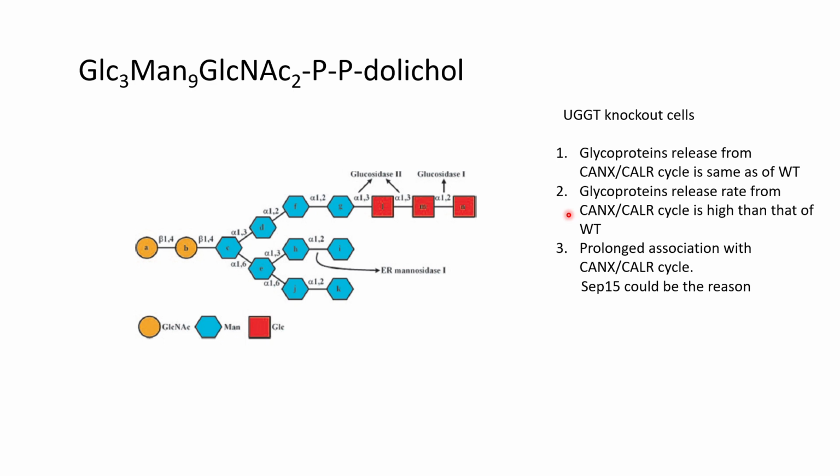However, UGGT is not present in UGGT knockout cells, so they will not be able to be retransferred to the calnexin and calreticulin cycle. So this kind of glycoprotein will pass after the first cycle, either to the cytosol or to Golgi trafficking,